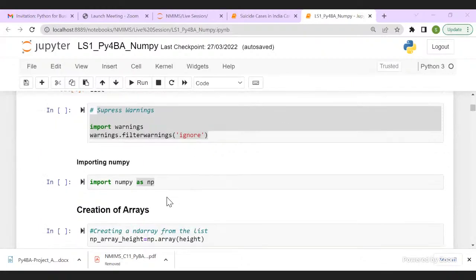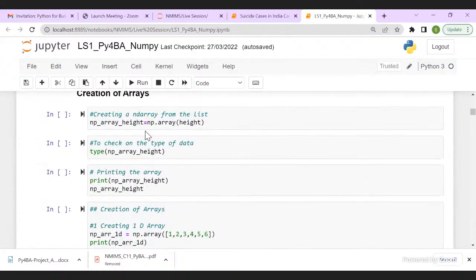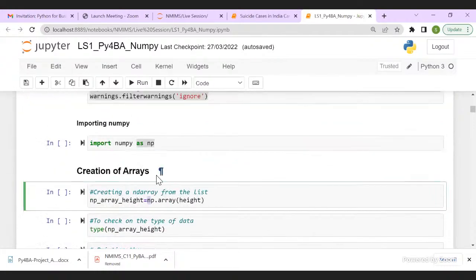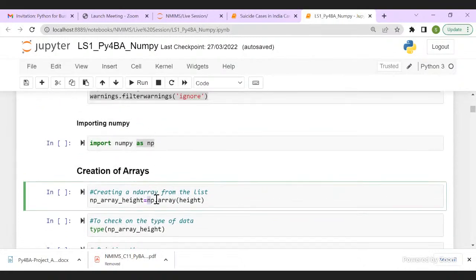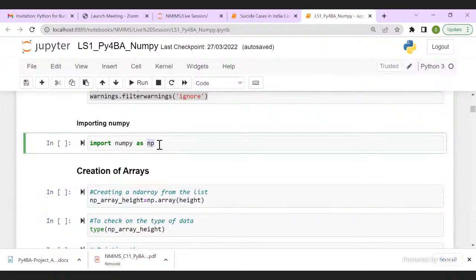Okay, whatever alias name you give here, NP, you use it here. If you give ABC, you use ABC here, you call it XYZ, you call it XYZ. But the industry standard, the coding standard, says to use NP. So we'll be using NP.